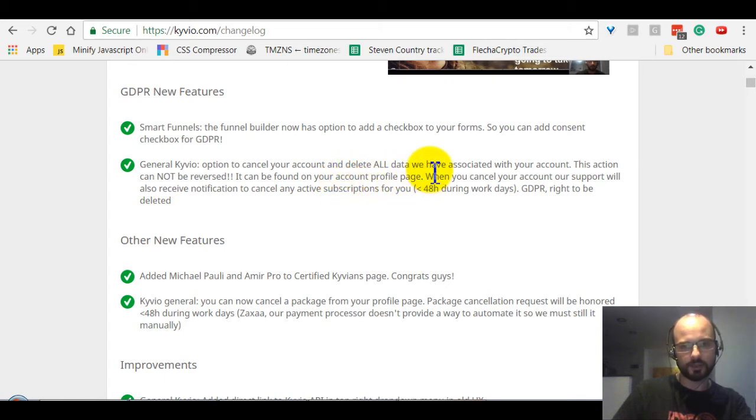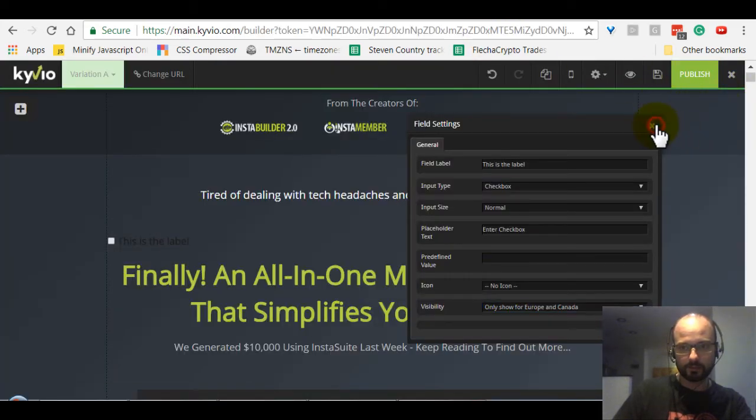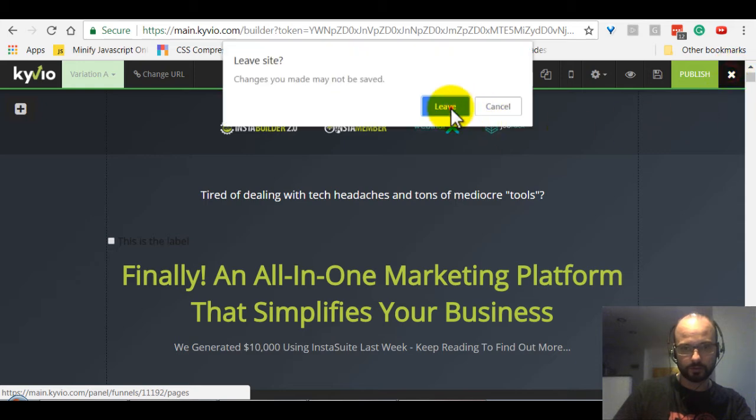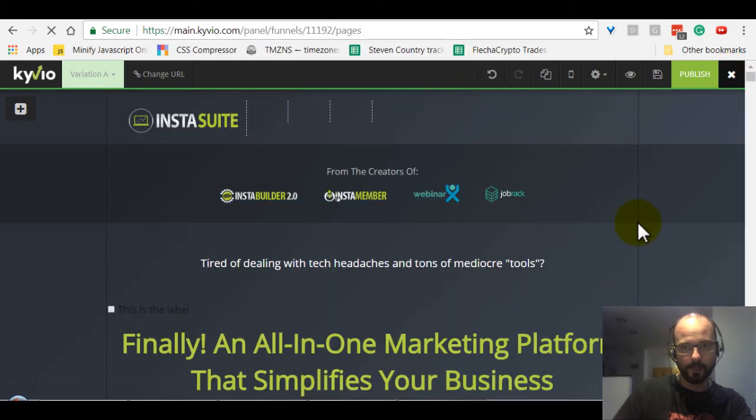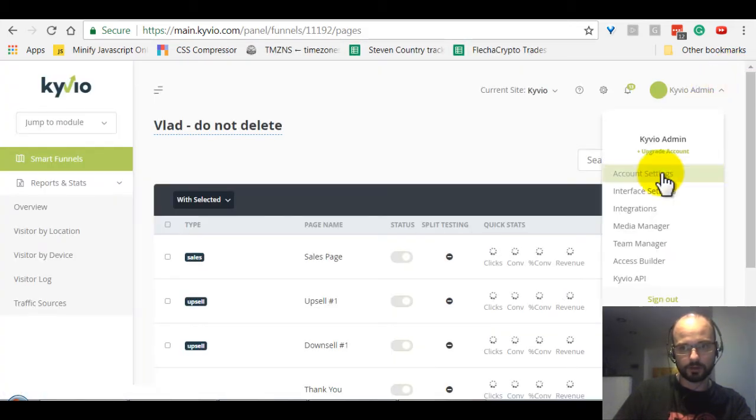And the next one is the option to cancel your account and delete all data. So the right to be deleted. This cannot be reversed, so be very careful. There's absolutely no way we can reverse that once it's executed. So to do that, let's not publish this, we go over here to account settings,